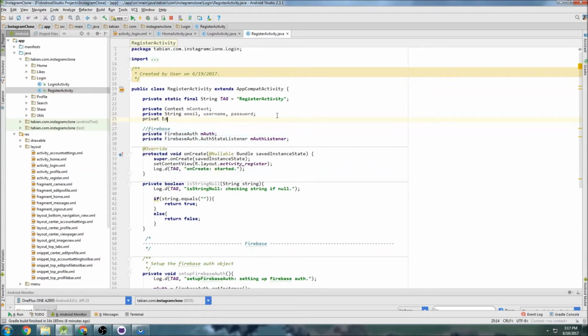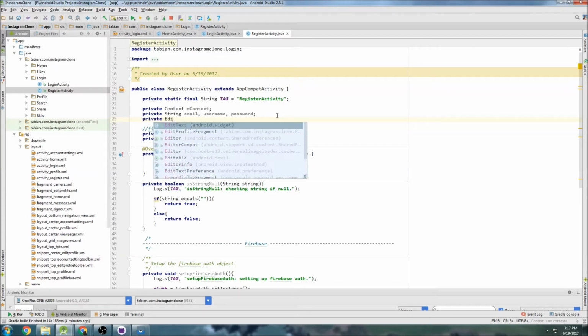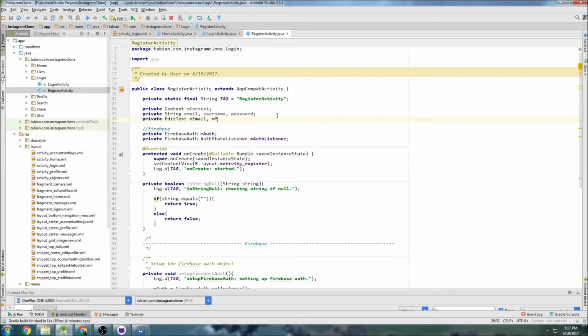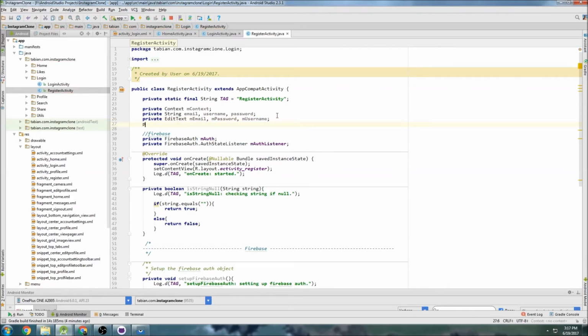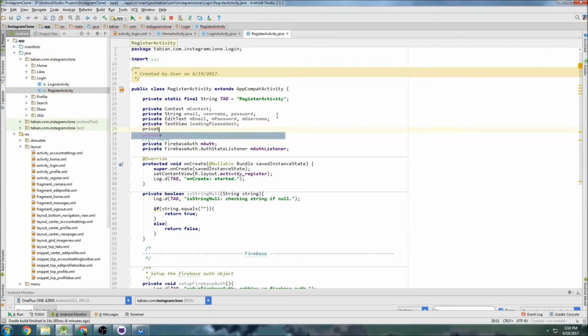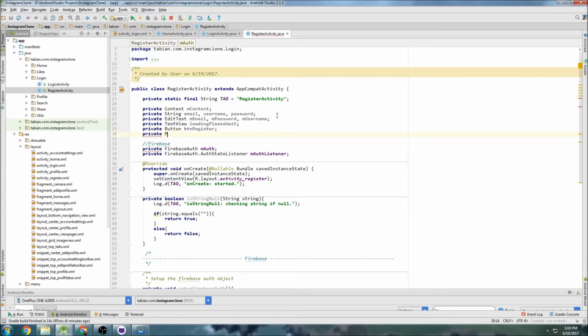We need private edit text, whoops, and mEmail, mPassword, mUsername, private text view, loading please wait, private button register, and the progress bar